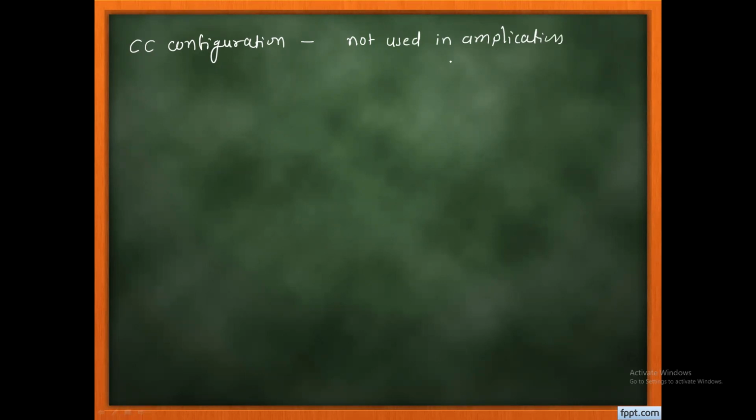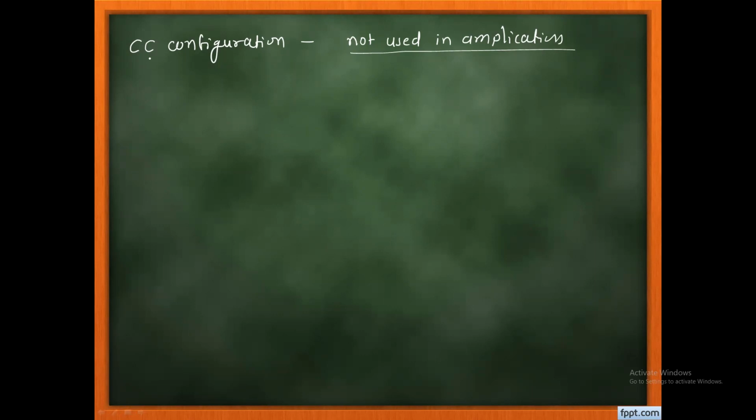Input resistance must be low and output resistance must be high. This is the required thing. But the CC configuration will not fulfill the basic criteria of amplification; or, a better way to say it, the CC configuration gives exactly the opposite. The input resistance of the CC configuration is high and the output resistance is low, which is exactly opposite to the basic criteria, so the CC configuration is not used in amplification. So we will not discuss it in detail, but let me show the circuit diagram for the CC configuration.